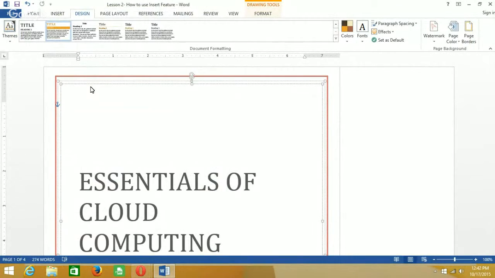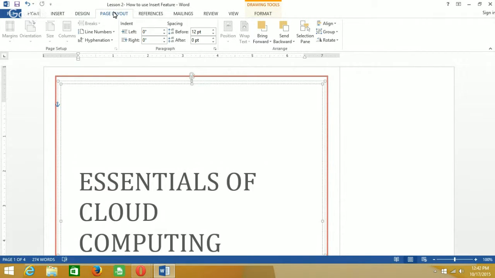This is lesson 4 on page layout. In the earlier videos we have seen how to insert different things and how to design in Microsoft Word. In this one we will be looking at all the features and functions on page layout. Now for example, let's see,